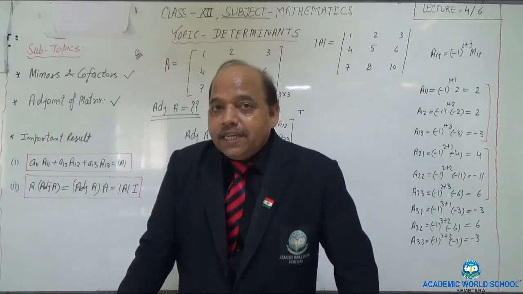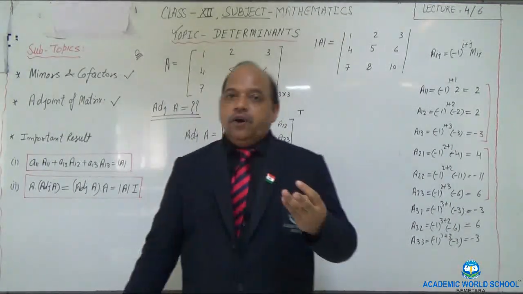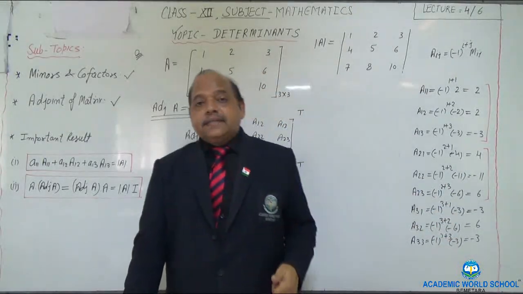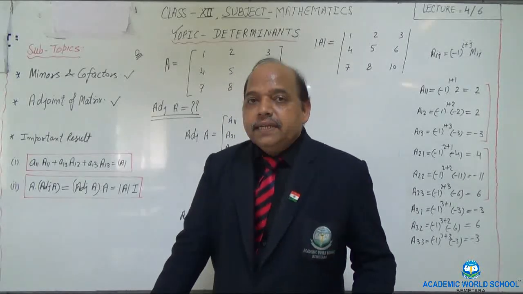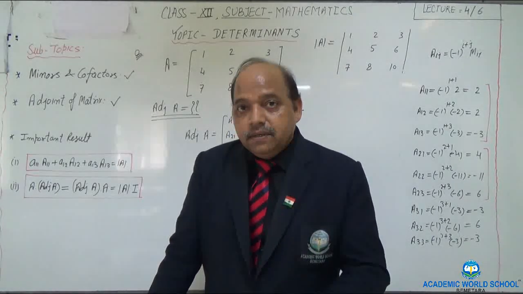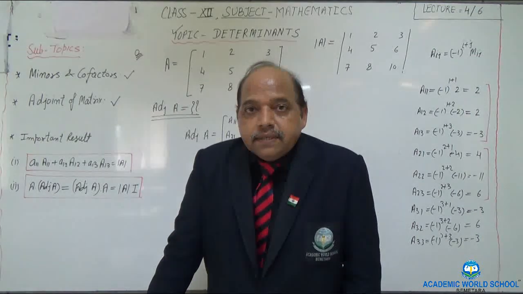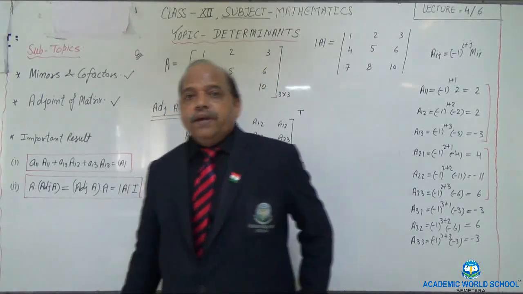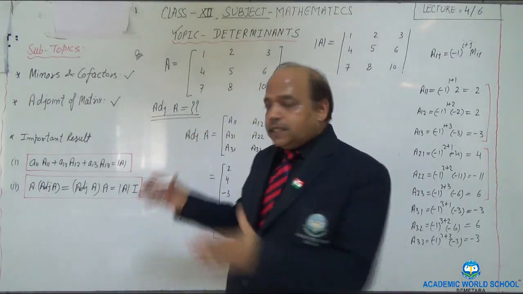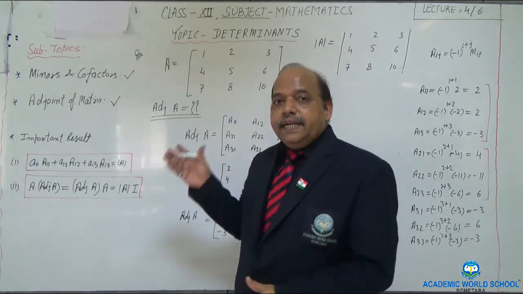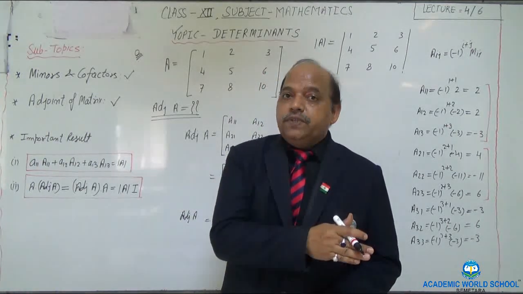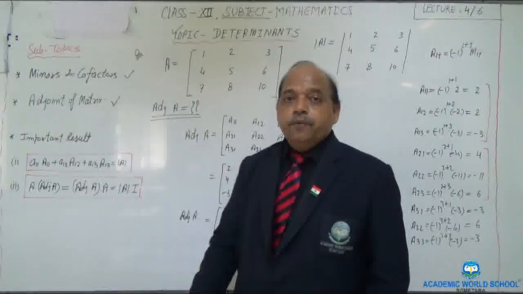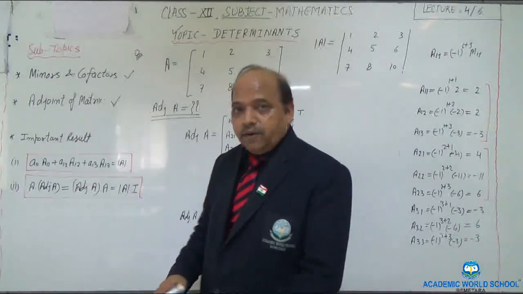Fine. So till now I explained you three things. How to find out minor and cofactor of a determinant. And then next we learned how to find out adjoint of a matrix using the concept of minors and cofactors. And then we have solved one question. Now we are moving towards one very important property, and this property will lead to the next concept, which is the most important concept in this chapter, which we are supposed to finish. So I am going to explain that also.